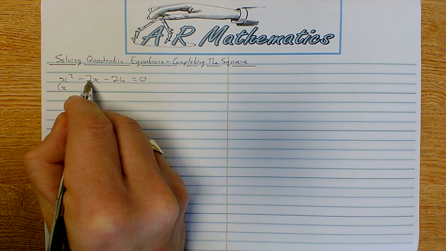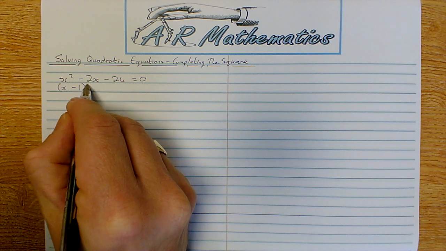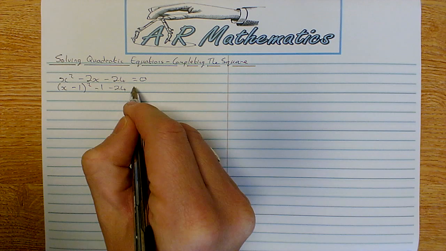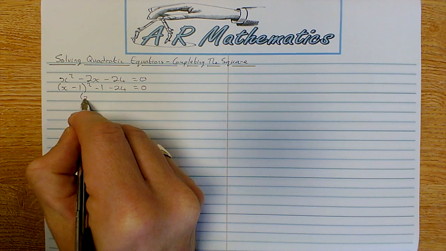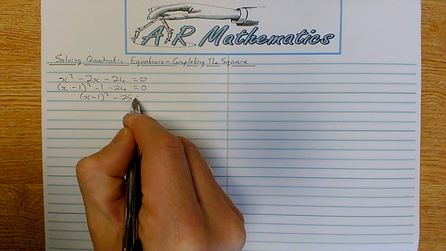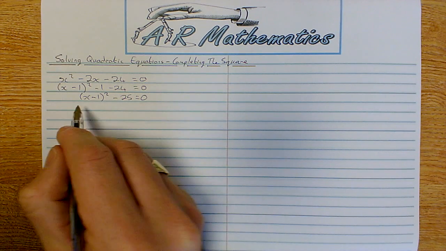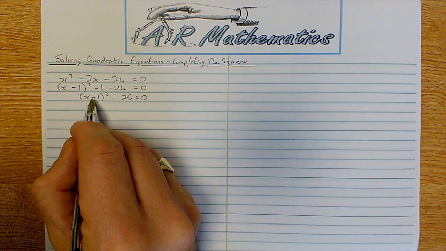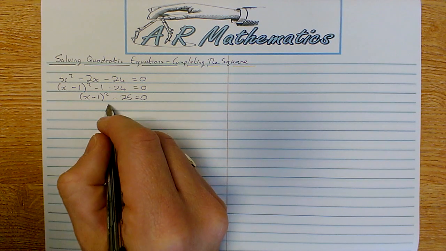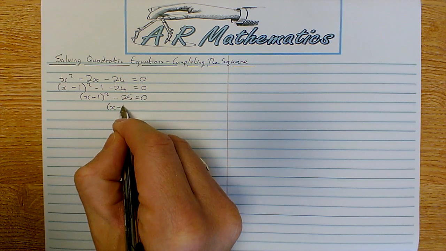So I'm going to start by halving the coefficient of x, which is x minus 1 all squared, subtract the square of this one and subtract the 24, equals 0, which leaves me with x minus 1 all squared minus 25 equals 0. So I'm going to start by getting the x term on its own as much as we can. So I'm going to get rid of the minus 25 by adding 25, leaves me with x minus 1 all